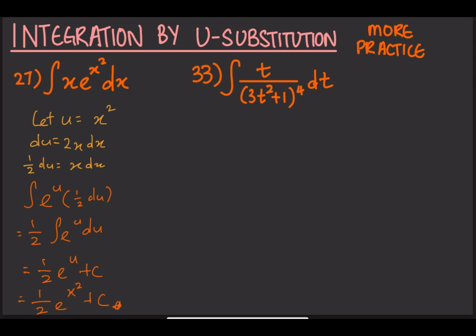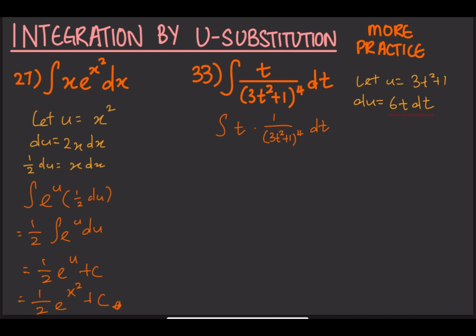Now let us move on into the next question. Question 33. Now, as always, before you try to do anything here, I suggest you separate out the quotient. So we get the integral of t multiplied by 1 over (3t squared plus 1) power 4 dt. Notice that the complex part of the equation is here. So what we do, we let u equal 3t squared plus 1 and differentiate u, because we get 6t dt,